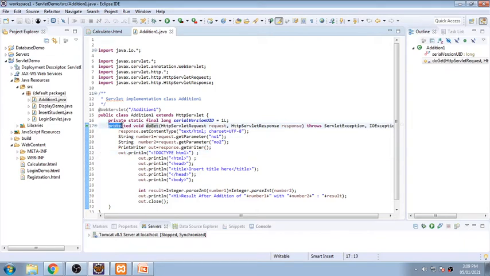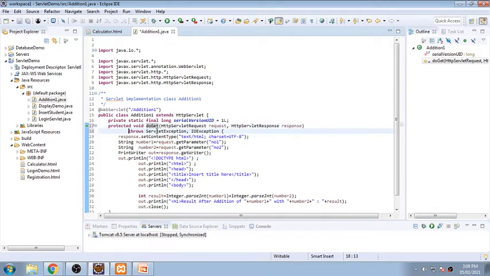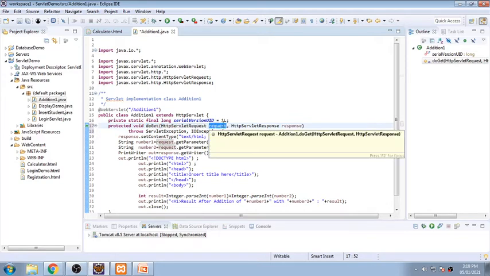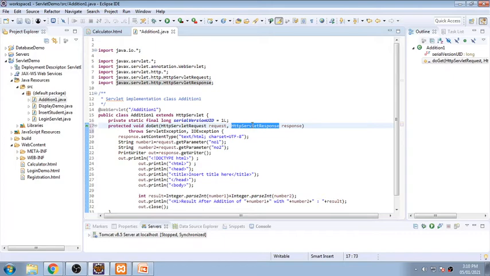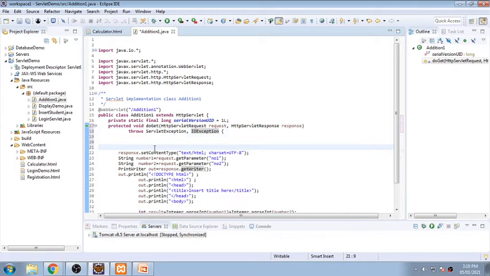And what is the definition? It is a constant definition. You have to specify that it is a class with a function doGet, with HttpServletRequest, where the name of the object is request, and HttpServletResponse, where the object is response, and it always throws two types of exceptions, that is ServletException and IOException. In this I have written my code.